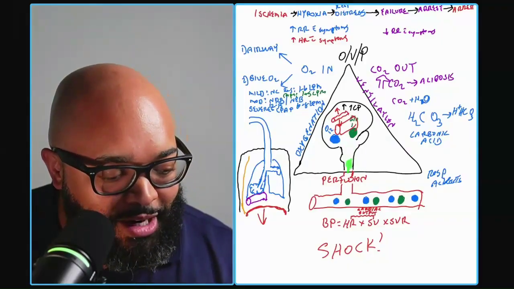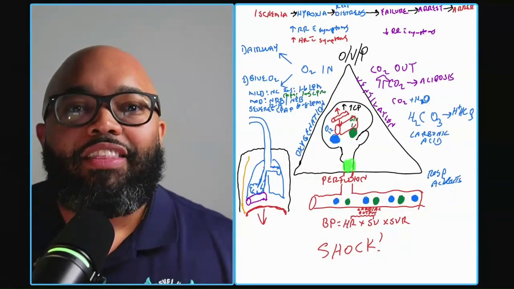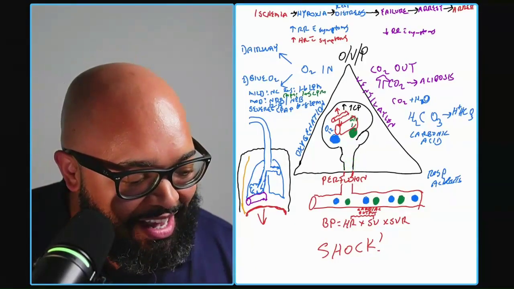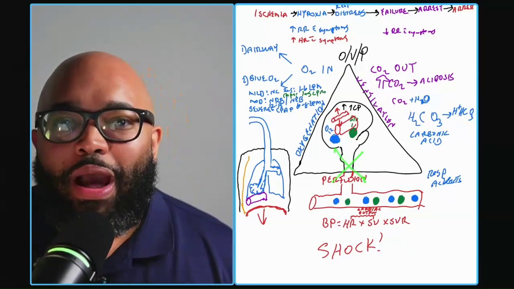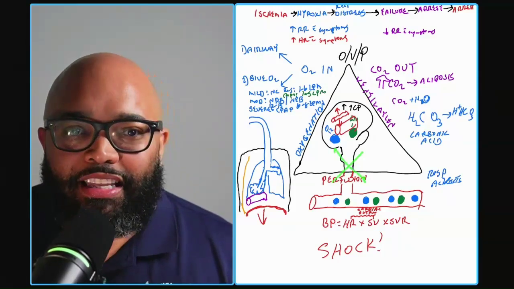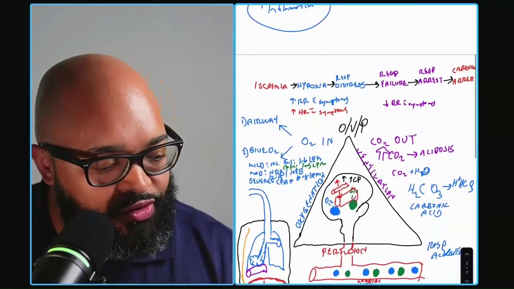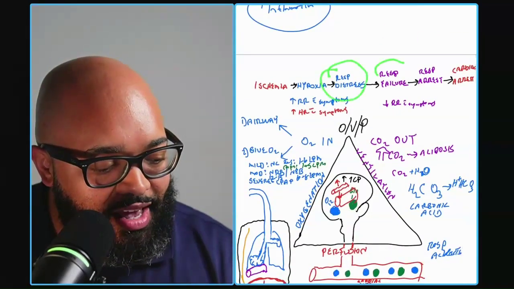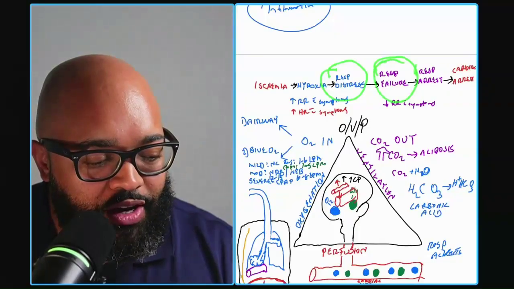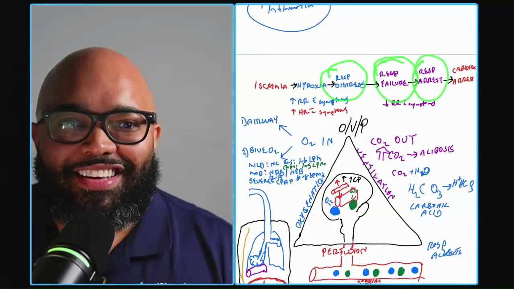Let's herniate some more. Let's get down here in the medulla oblongata of the brainstem. That's where our respiratory center is. Let's just wipe out the respiratory center. Let's just stop them from breathing. So now this is how the patient goes from respiratory distress to respiratory failure to respiratory arrest.